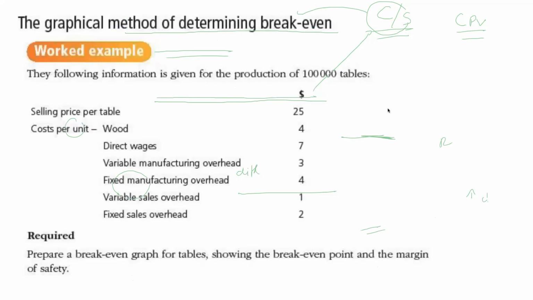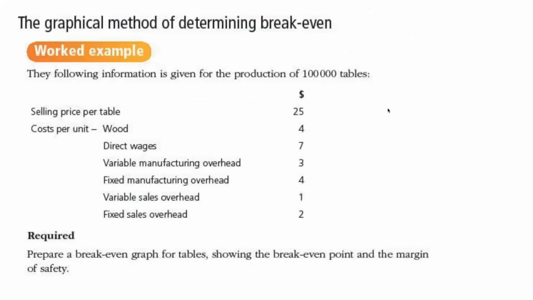Now let us take a small example. In this I'm going to teach you how to draw a break-even graph. They've given you the selling price. They've given you the cost per unit. You know that when we are doing the break-even chart, we are following the marginal costing statement. So we will do selling price minus variable cost will give you contribution,